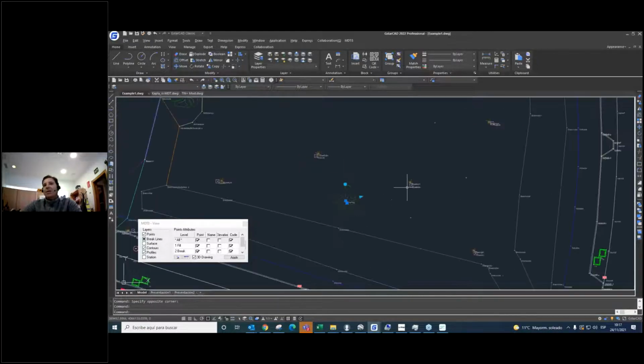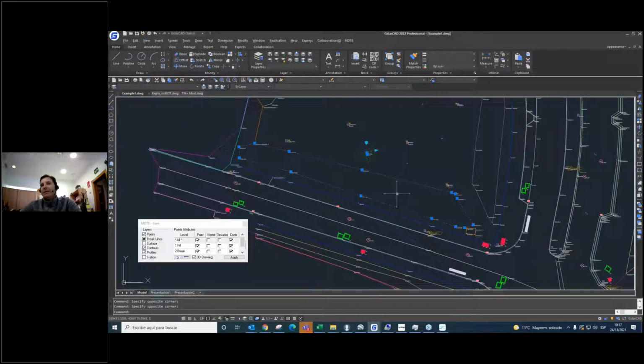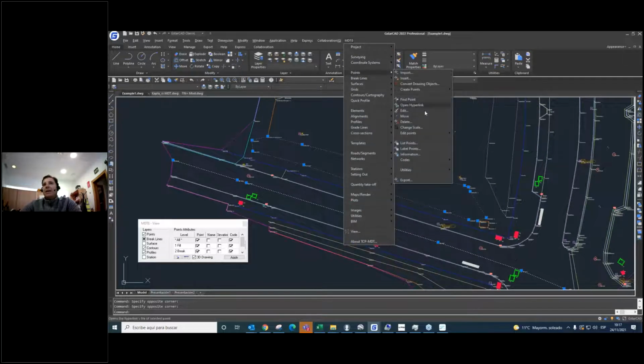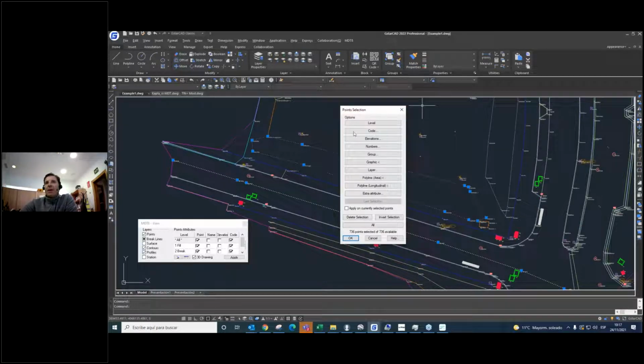Apply, and here it is. Depending on the code, we can draw each punctual element, like a street light, like a chest, or something like that, or even a linear entity like this, or the road, etc. If we look at the list of points, we have several options to manage the points. We can edit, move, change the scale, the representation, the color, etc. Move the elevation, etc. In the list of points, we can select in different ways to work with this kind of point.